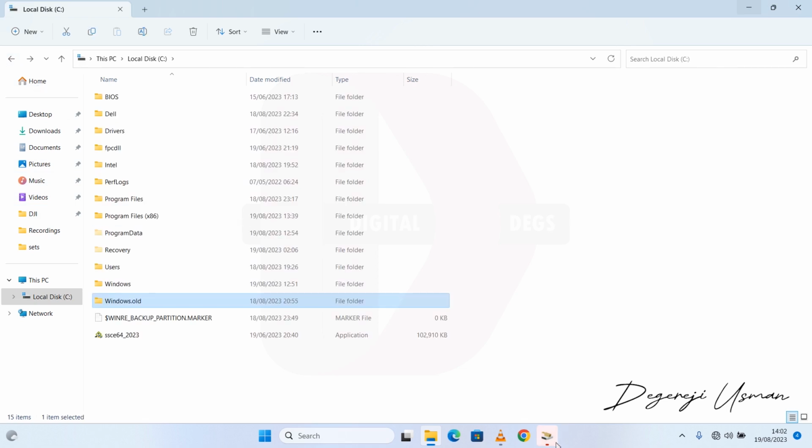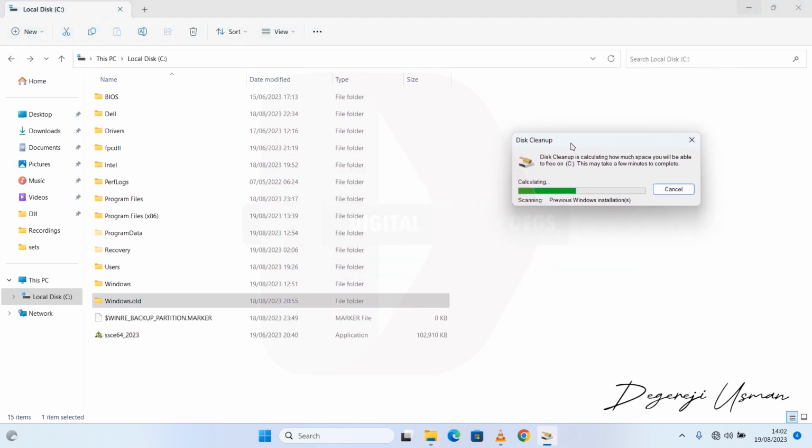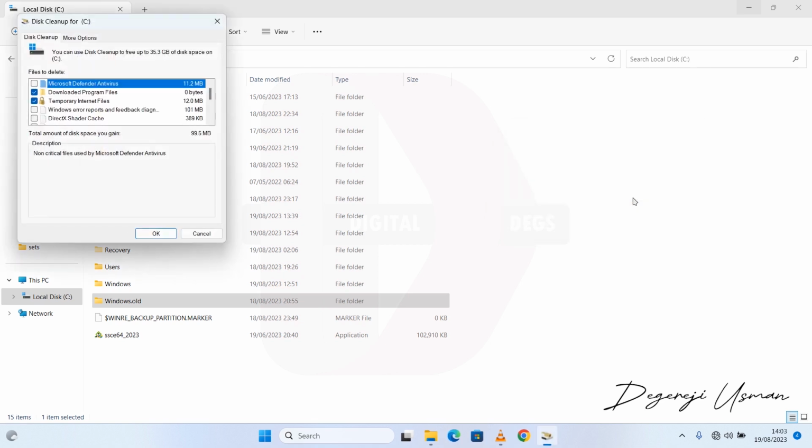So after that, your disk cleanup is going to scan for previous Windows installations as well, and it's going to select this Windows.old folder. If there are many Windows.old folders, they're going to be numbered. Okay, so we wait for it to finish. Okay, it has finished scanning for the previous version of Windows, and as you can see, you can use this